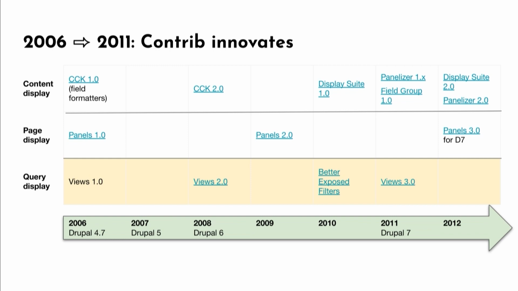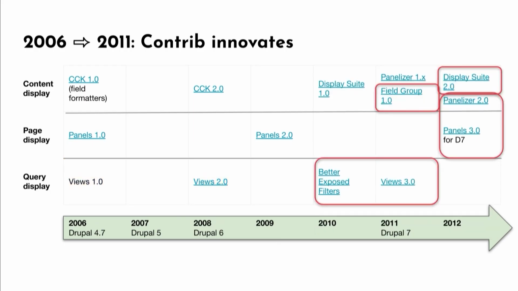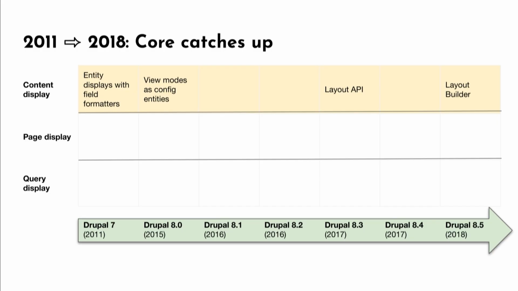And then we got Views 2, Views 3, and Better Exposed Filters for better building of the exposed form. So you see, 20 years ago, we already had very interesting tools. And 15 years ago, it was already very powerful. And then, Core. Okay, and first, this guy, you know this guy? This guy is Earl Miles, Merlin of Chaos, and among the 6 tools I'm talking about, he did 3 of them. He was legendary. Then Core was catching up.